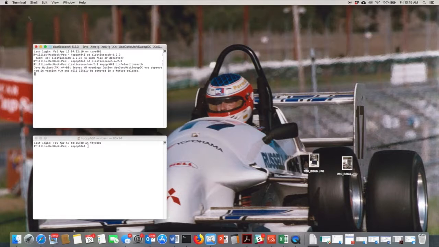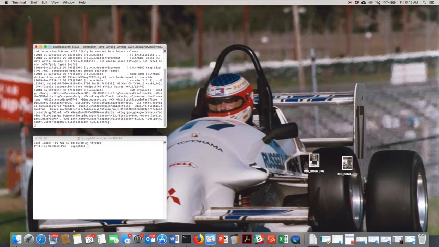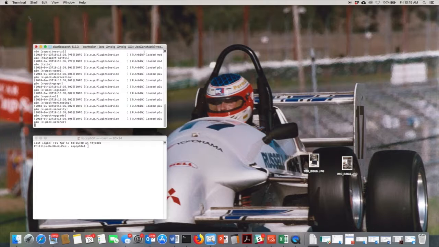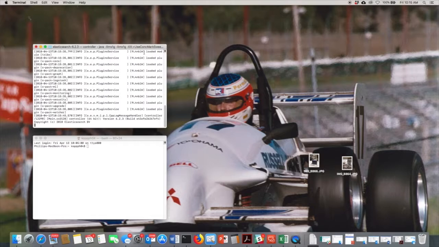So there it goes. So my Elasticsearch database is starting up on my local machine. And to make a point, I'm just going to turn off Wi-Fi here, and turn off the internet, so you can see that I'm not in the cloud. And that's going to take a few seconds to start up. And once I get started up, I have a database running on my machine that I can use to collect